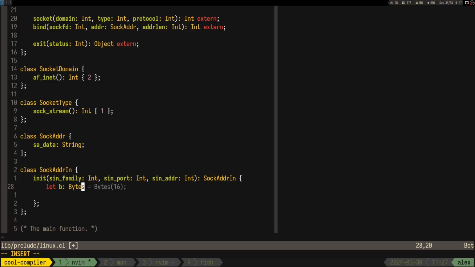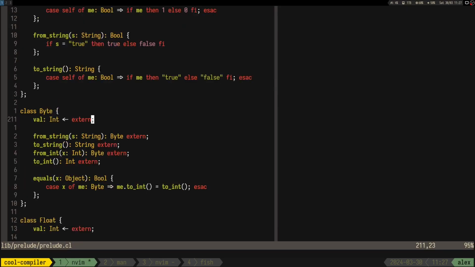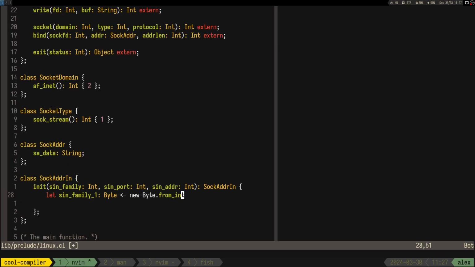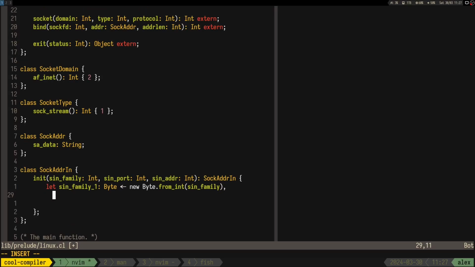It's a byte, right? And we kind of want to use, or I guess let's call it syn family 1. It's gonna be a new byte from int. I think it's from int. Yeah, it's from int. So we have to pass in this stuff, right? But then we need syn family 2,